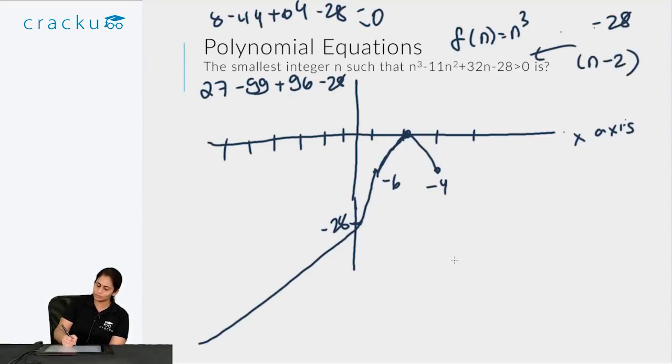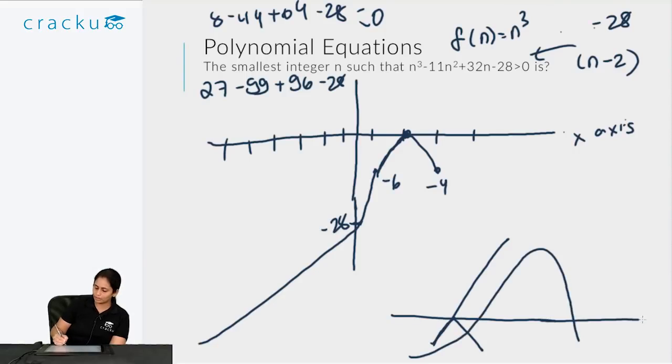And the fact that it goes back down again means that n minus 2 must be a factor of the equation twice. Because if it was a factor of the equation once, then it would have gone up after that. But because it is a factor of the equation twice, it has gone up and immediately gone down. So if you have a graph like that, at all the possible roots, it crosses the x-axis. So this is a root, this is a root, and